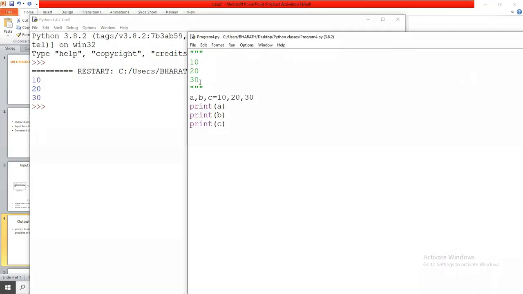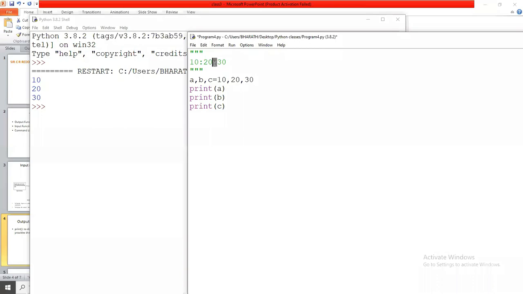Now I want to print the data like this: 10 colon 20 colon 30. I hope everyone understands how I want to print the data 10, 20, 30, with a colon in between these outputs.